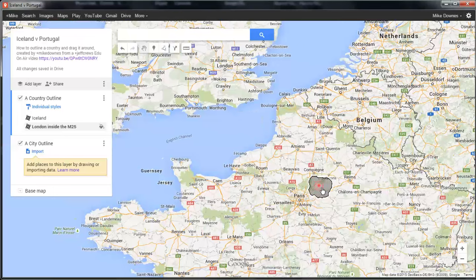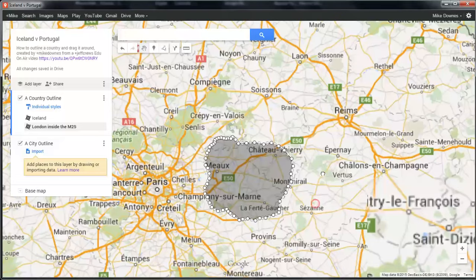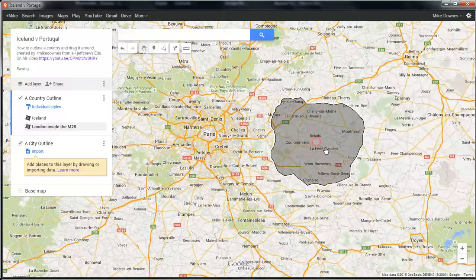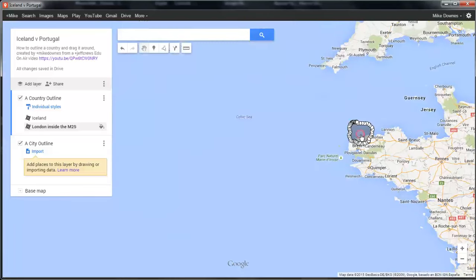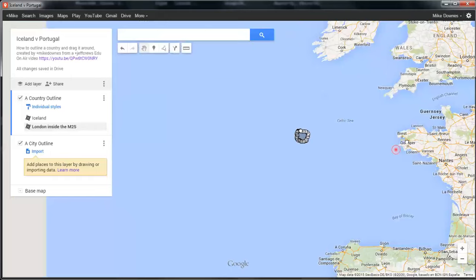And then I can say, well, let's park it alongside Paris. So there's Paris and there's London. Now, at the moment, those are quite big areas and quite close areas. But the beauty of this thing, I would say, and just talk amongst yourselves for a moment while I get this across the Atlantic. And what I'm trying to do is get it to a level where I can easily